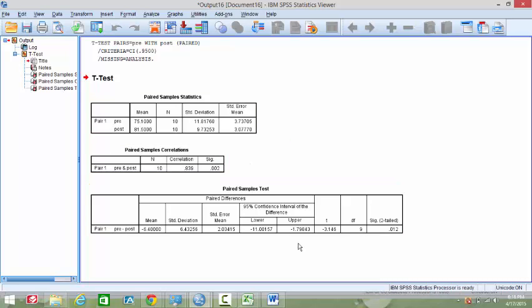But what we really want to look at is the t-test score, and we have our score right here, negative 3.146, and we have a degree of freedom of 9 and a significance of 0.012, which is below our level of confidence, which was 0.05. So therefore this score is important because this will tell us that we can actually reject the null hypothesis, which